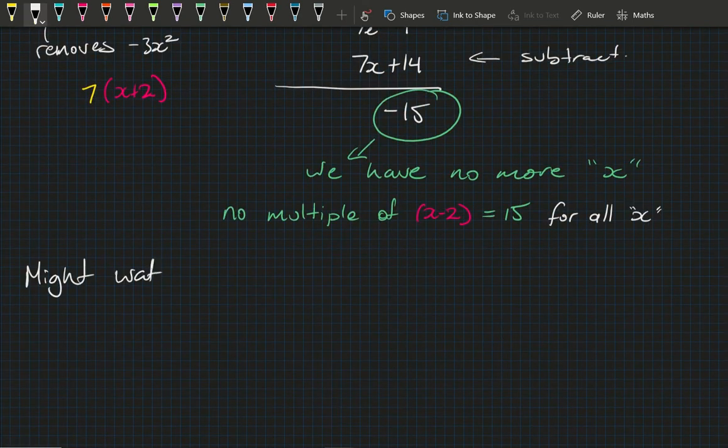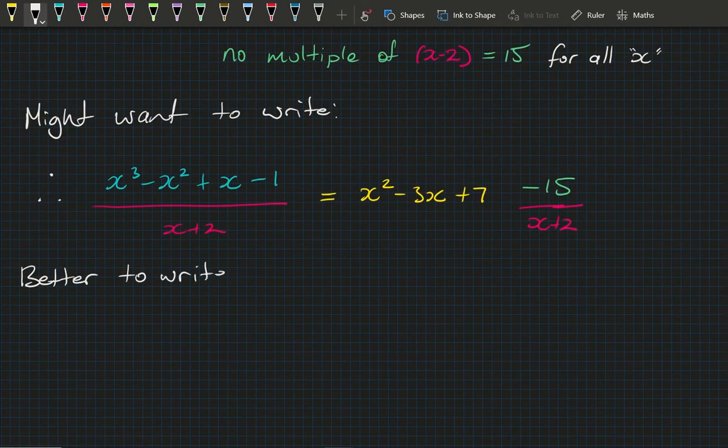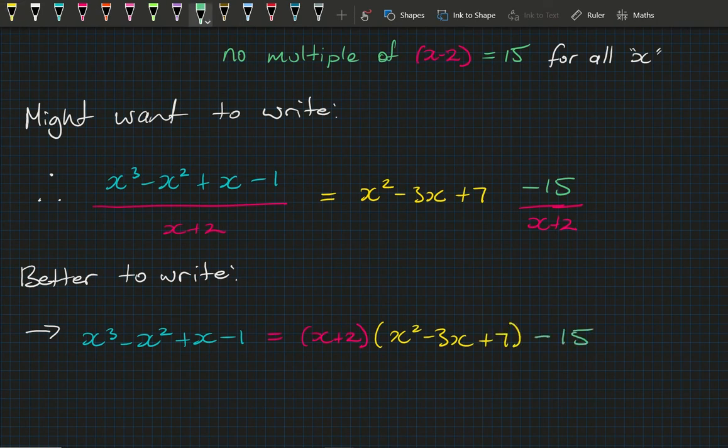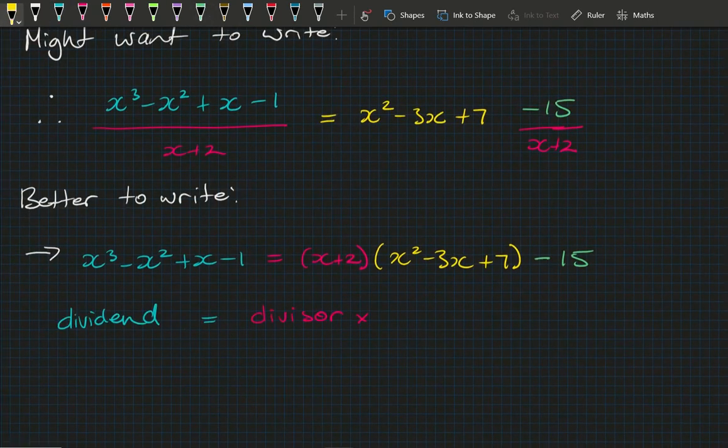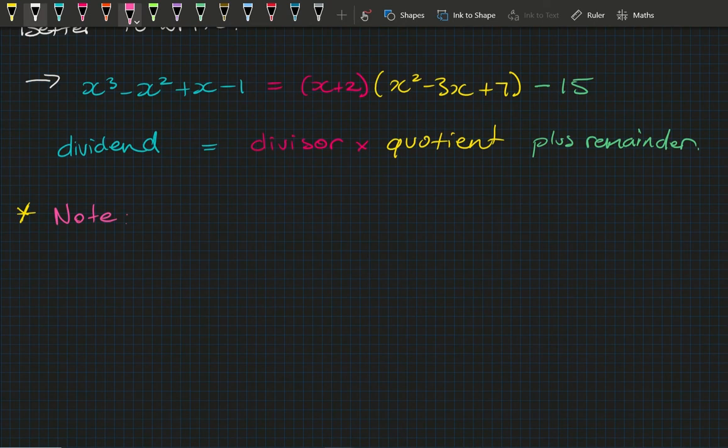Now you might want to express this as x cubed minus x squared plus x minus 1 divided by x plus 2 is equal to x squared minus 3x plus 7 minus 15 on x plus 2. But it's better to write it out as x cubed minus x squared plus x minus 1 equals x plus 2 times x squared minus 3x plus 7, minus 15. And in this form we say the dividend is equal to the divisor times the quotient plus the remainder. And also, as I showed with the numbers, what we're really saying is that we started off with our